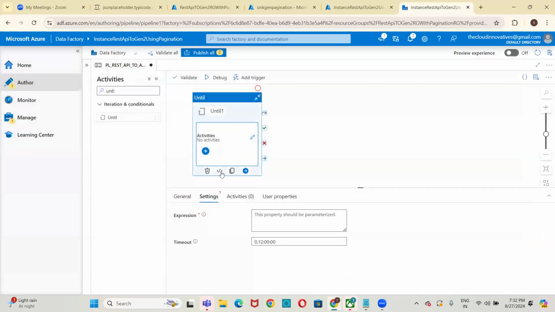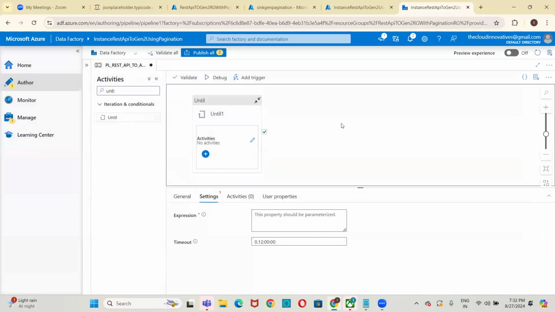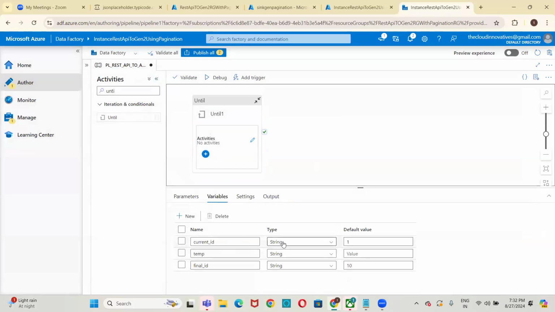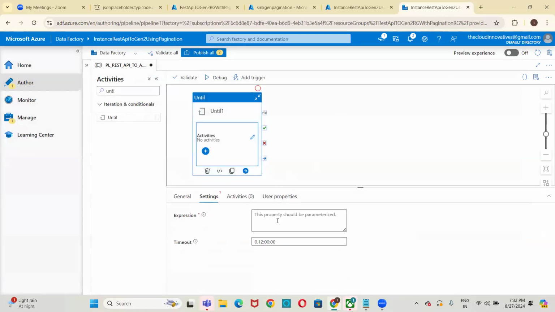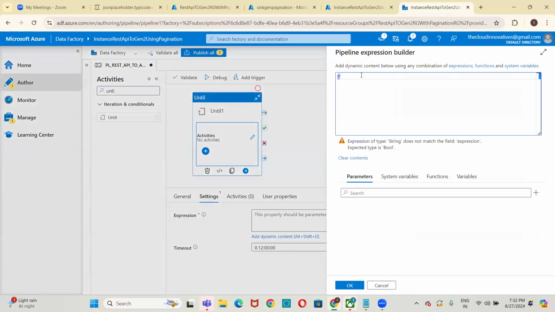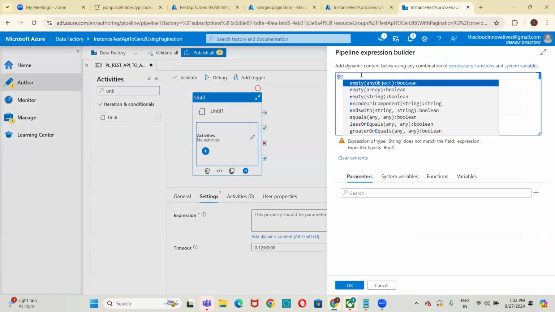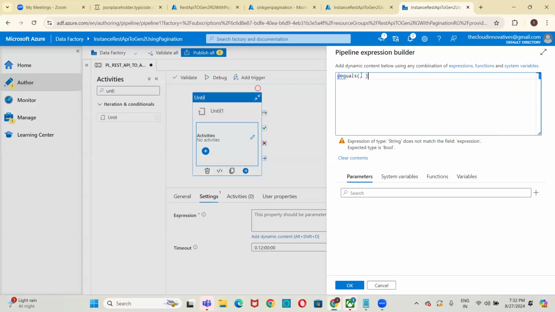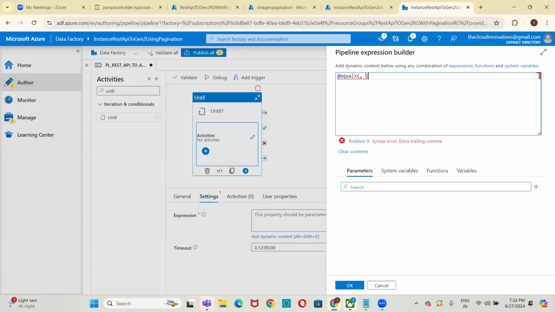Go back to the pipeline variables. Check what you have. String. And to a string you're passing 0. It should throw an error, obviously. Put the control, add dynamic content. Now write it on the same one. So I'm using @equals(@variable